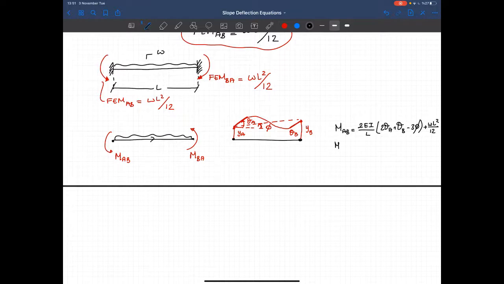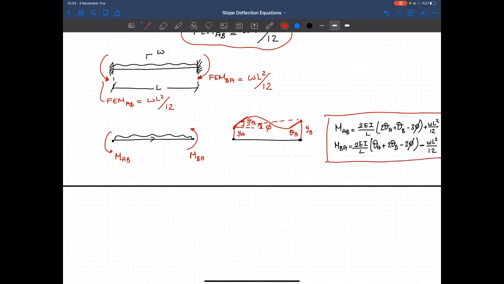And MBA is equal to 2EI over L times (theta A plus 2 theta B minus 3 phi), and since this moment is in the clockwise direction, minus WL squared over 12, and these are the end moment and displacement relationships for a member loaded with uniformly